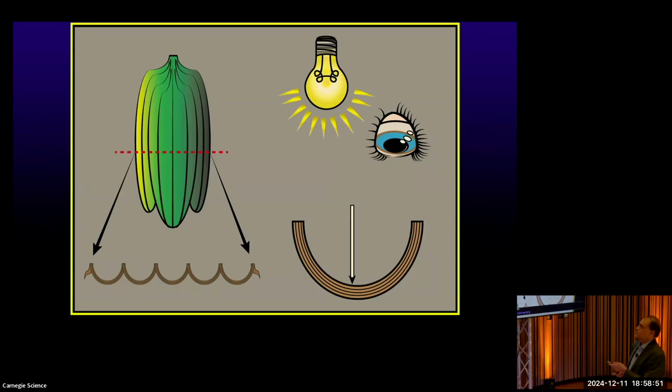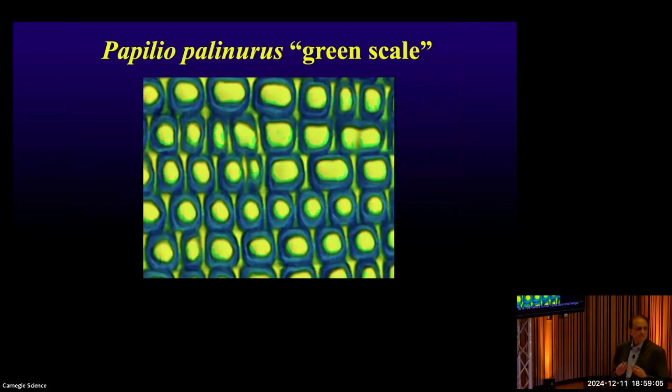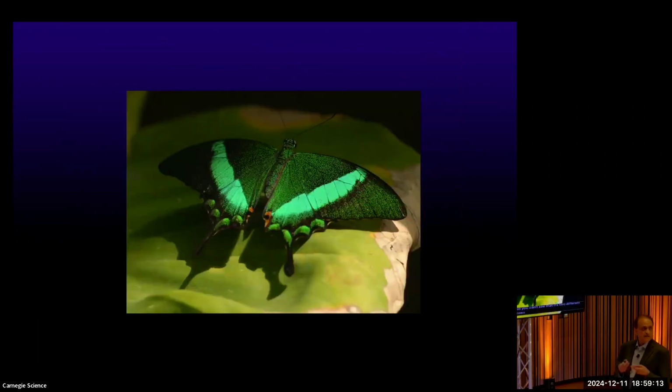And what that allows is when white light hits the bottom of this dimple, you get constructive interference of yellow light. When it hits the edge, because of the angle of this, what happens is it retroreflects blue light out the edge, okay? And so it's yellow plus blue, which you see as green, but these little dimples are incredibly tiny, so you can't see that it's two different colors. You just see it as a green color, and so that's how they get that green. But one of the beauties of this system is that because the blue light is retroreflected, it becomes polarized. We don't see polarized light, but they do. So to themselves, they are not the color of the vegetation. So they can see each other just fine, but to their vertebrate predators, they're camouflaged. Okay.